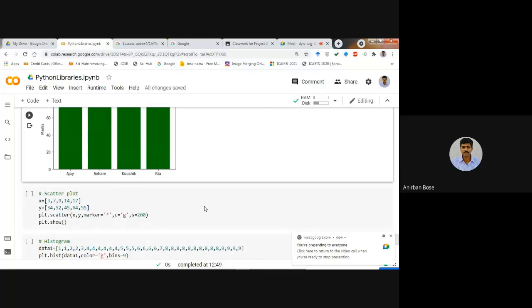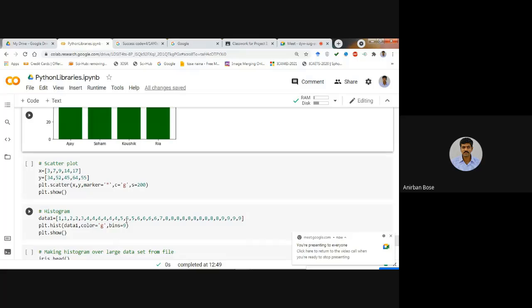Now to make a scatter plot, you see that you define x as a list, y as another list, and you just make a scatter plot of x and y. So plt.scatter is the command, then x, y, then marker. Marker is basically the particular symbol that you are using for those points.